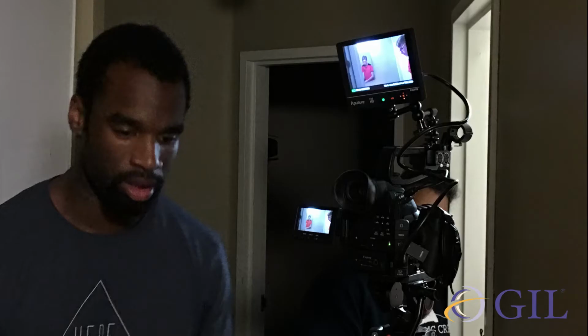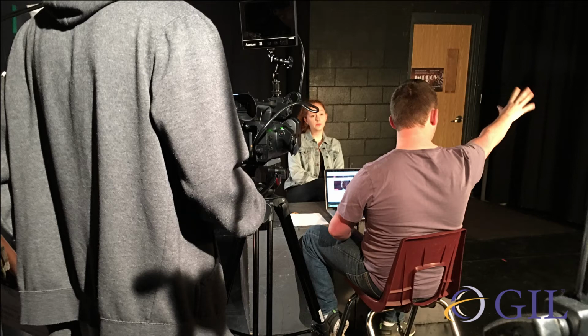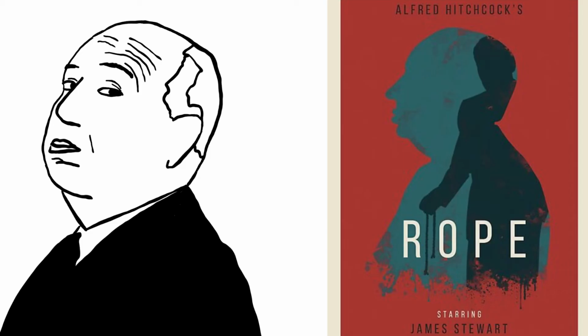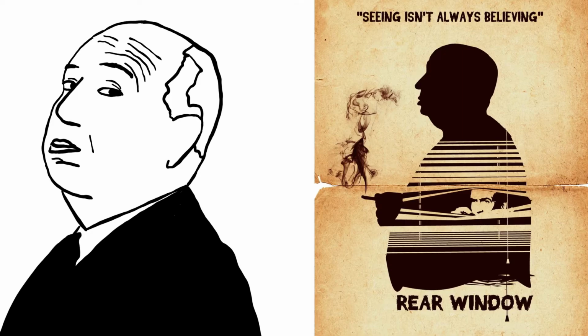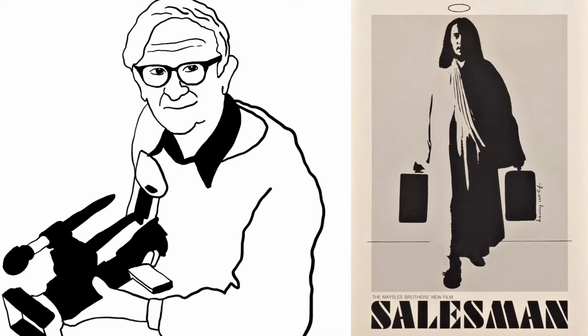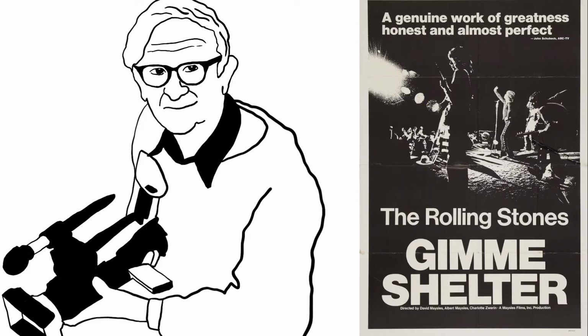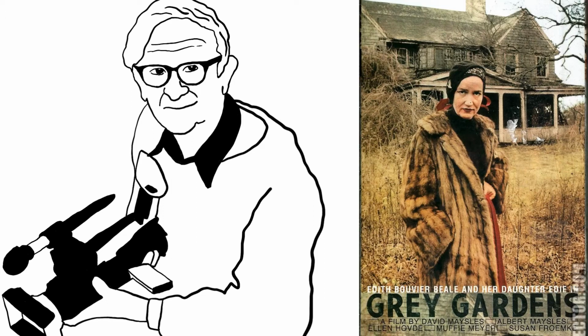So when it comes to talking about blocking of a film, we're talking about the movement of people in front of the camera. This includes where they go, how big they are in the frame, how many people we see on screen, and how far away they are from the camera. Alfred Hitchcock was a master at blocking dramatic films. Alfred Maysles, the great documentary filmmaker and camera person, was really a master at determining the blocking that happened in front of the camera as it happened in real time.